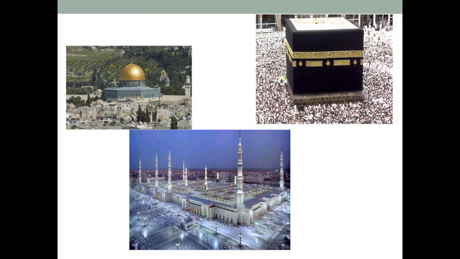I also want you to be aware of three main features in the religious landscape of Islam. They represent three important cities to their religion, and to some degree very important points in terms of our understanding. In the upper right is the Kaaba, which is at the center of Mecca and is the location that all members of Islam must go to, if at all possible, on their Hajj. In the lower is the Mosque of the Prophet in Medina, the second most holy site, and third, in Jerusalem, is the Dome of the Rock, which is the third most holy site to Islam.